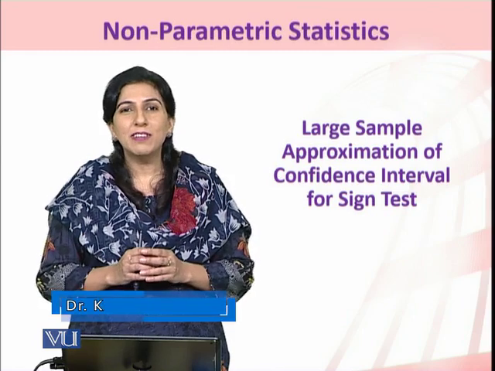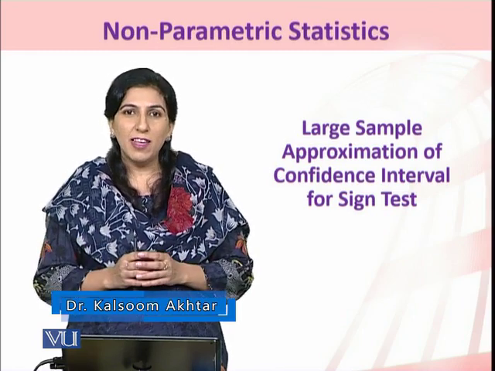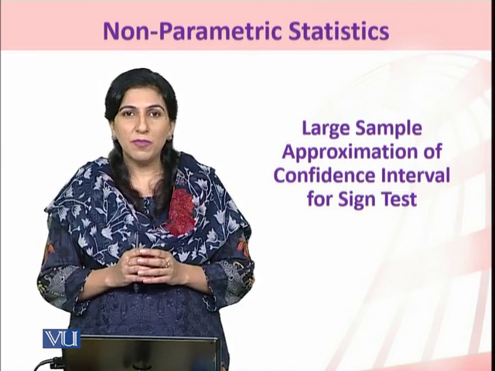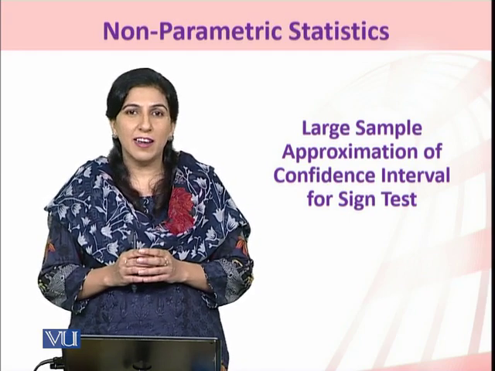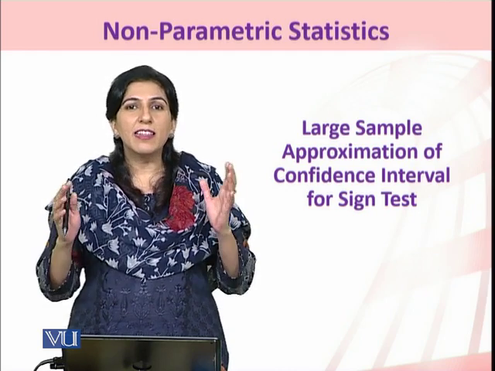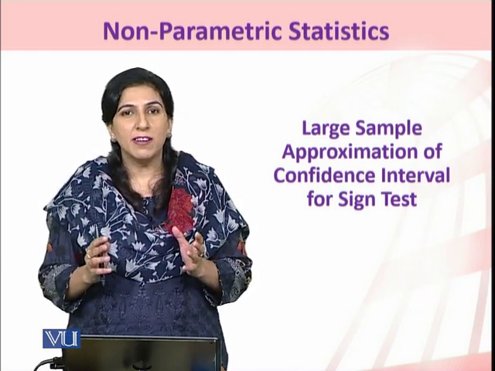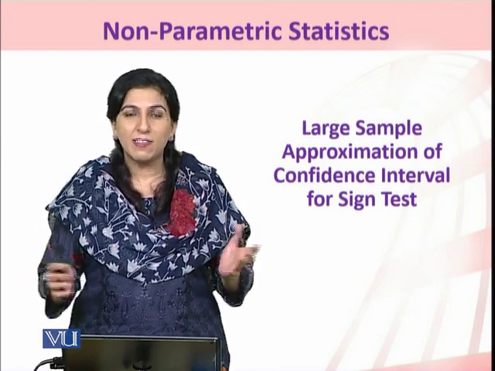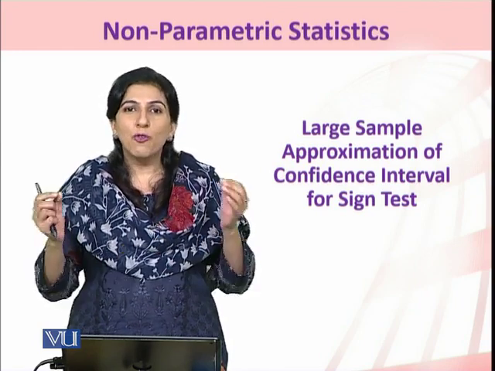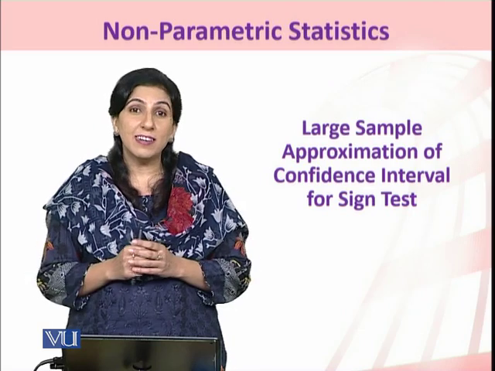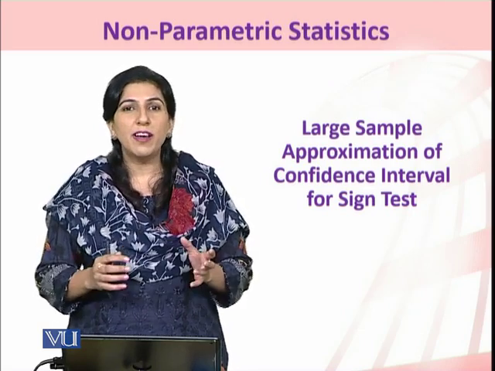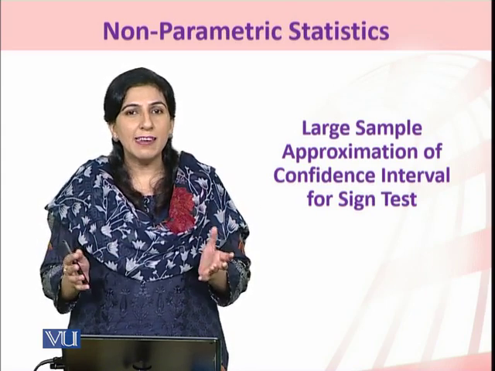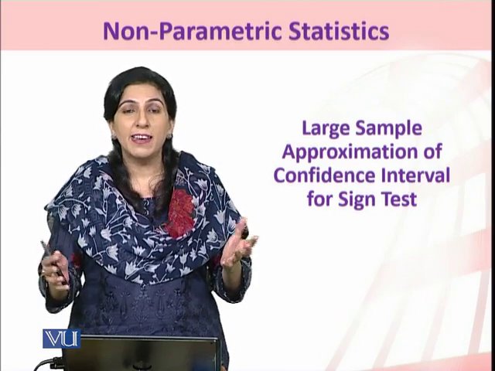Dear students, estimation is further divided into two components. One is the point estimation, whereas the other is known as the interval estimation. As far as the interval estimation is concerned, we are going to estimate the unknown value of the population parameter, and we are assuming that this population parameter value that is unknown to us is expected to lie within a specific interval with a certain degree of confidence. Now students, that degree of confidence might be 95%, it may be 90%, or it may be 99%